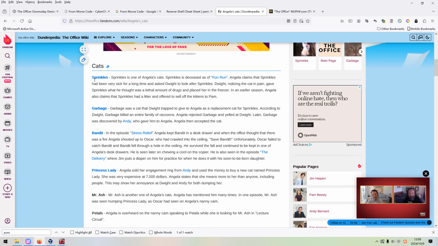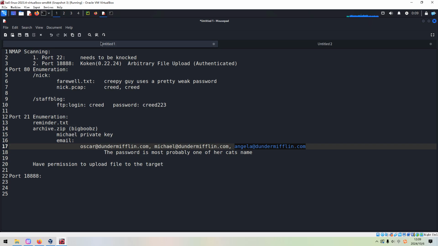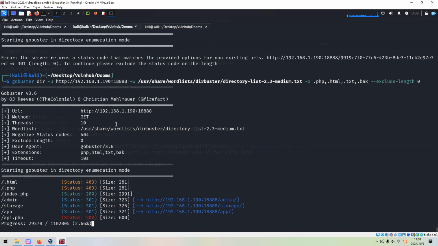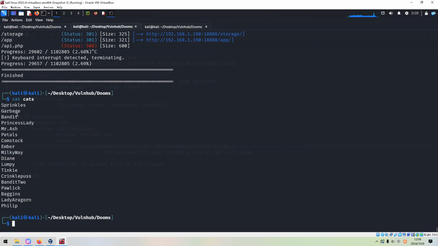There are several cats, and also their corresponding names. And I think next we need to create the word list, which consists of the names of cats. To save time, I've already done that earlier. So now we just cut out the cats, and this should be the names.